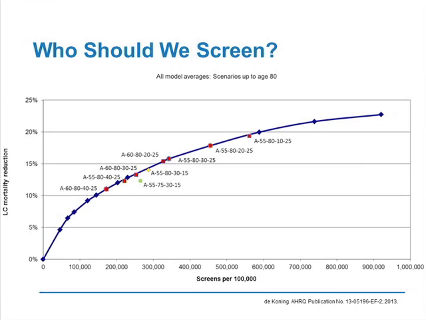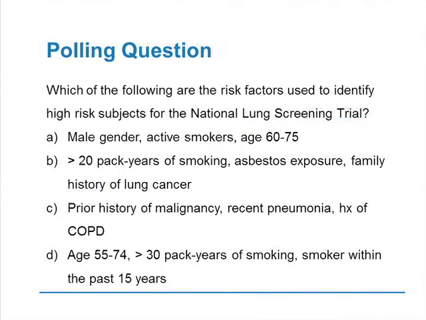The publication went on to suggest perhaps a reasonable model would be the NLST criteria with the ending date increased to 80 years old rather than 75, which falls along that efficiency line. So our next polling question, because this is such an important factor when starting a program,